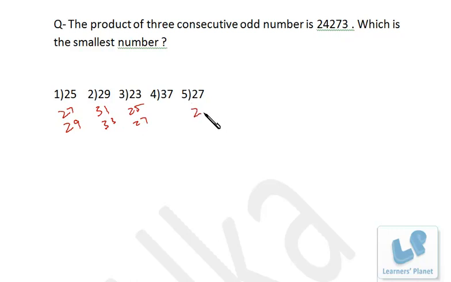Now 27, 29 and 31 and 37, 39 and 41. Now the product of these three, since all the three numbers are more than 30, and 30 into 30 into 30 is even 27,000, and this product is actually less than 27,000, so even it cannot be the correct choice. This is the correct choice. Okay, no need to go for the actual multiplication, right? Even you can verify this by the digital root method as well, but obviously approximation will be a better option to do the calculation. Okay, I hope you are clear.